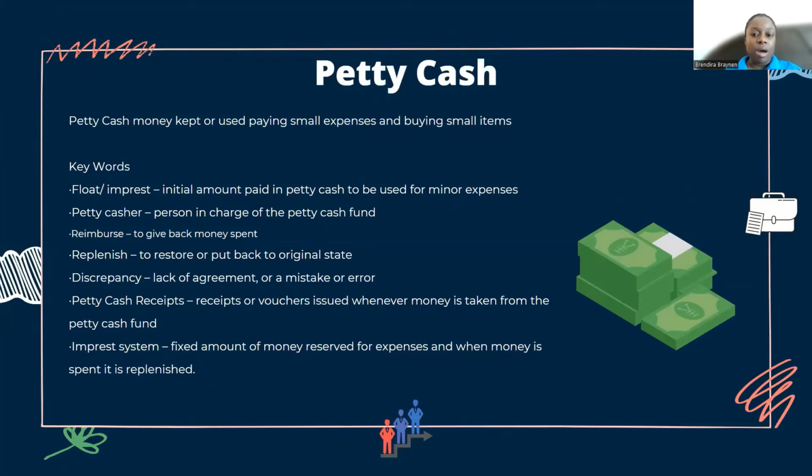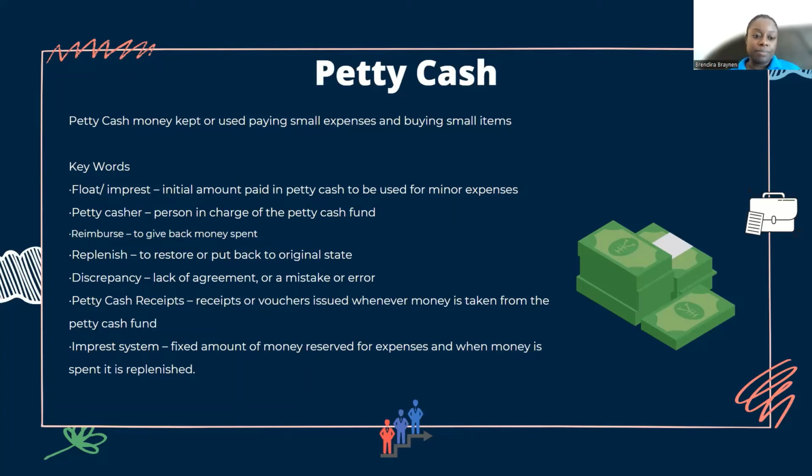Another big topic outside of paying for things by cash or check is petty cash. And so petty cash is just money that's kept or used to pay small expenses or buy small items in a company. Let's say somebody's going to buy gas for $30. Well, you may not want to write a check for $30 for gas. And so companies oftentimes keep a small amount of cash on hand. That way, if there are small bills to pay, a person can just come and request the $30, pay for the gas, and then bring back the receipt for $30, showing evidence that they actually paid,